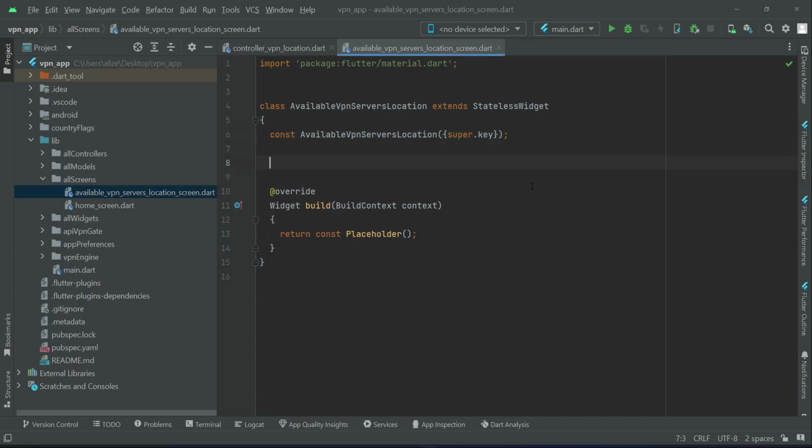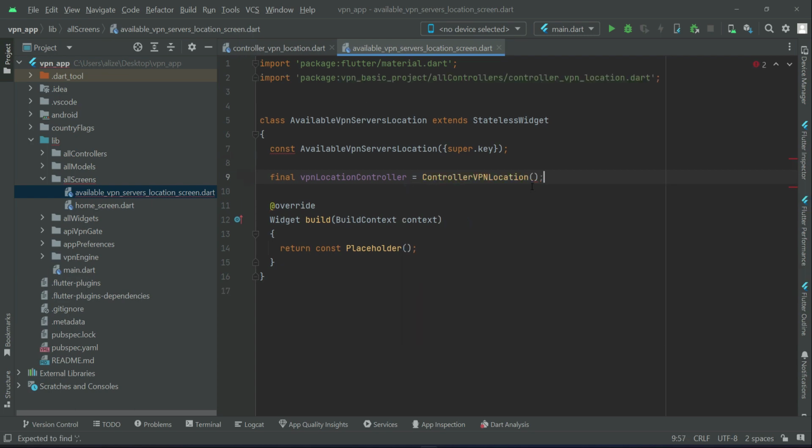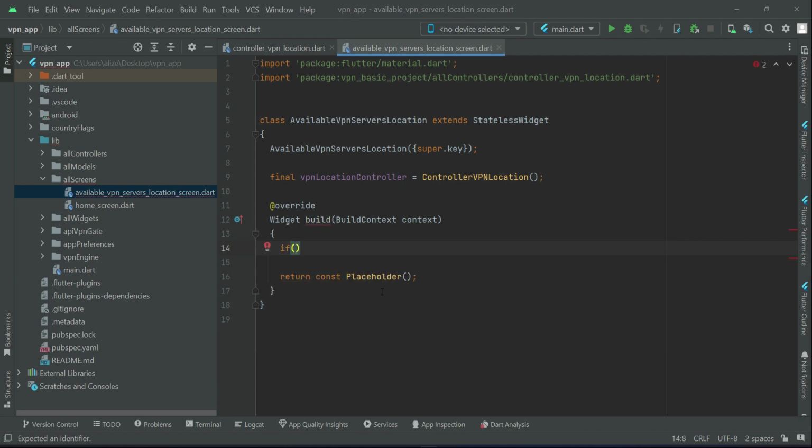Let's create an instance of our controller for VPN location. So we can say VPN location controller, which is controller VPN location. Okay, an instance of this with the help of which we can access that. Remove this const from it, and then inside the widget build we can add a condition that if the VPN